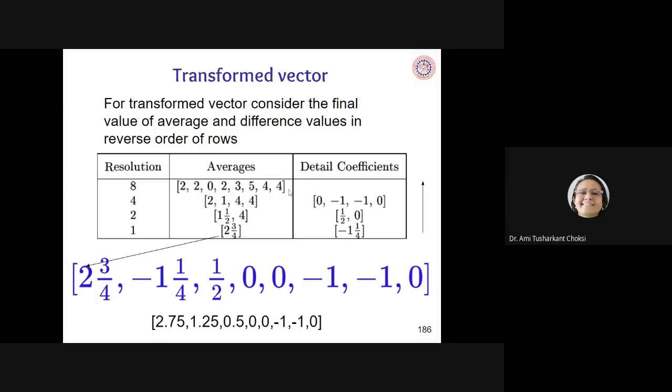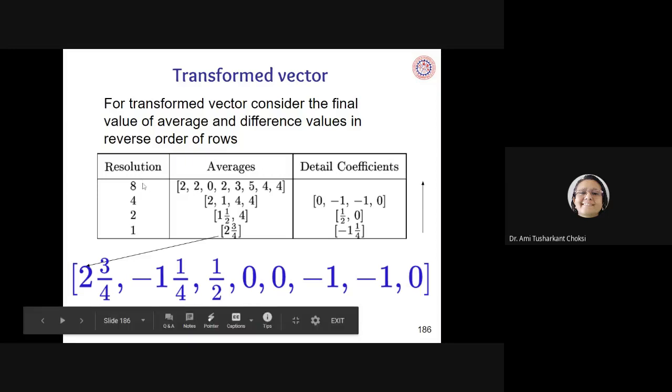2, 2, 0, 2, 3, 5, 4 was given to us as the data, right? So for the resolution, what we get at last is given as the first resolution, then this is second, this is 4, and this is 8. 1, 2, 4, 8. Why is it so? It is because this is 2 raised to 0, this is 2 raised to 1, this is 2 raised to 2, and this is 2 raised to 3. We said we have to consider the resolution at the level of 2 raised to n, so that's what we have considered here. So these are the averages.